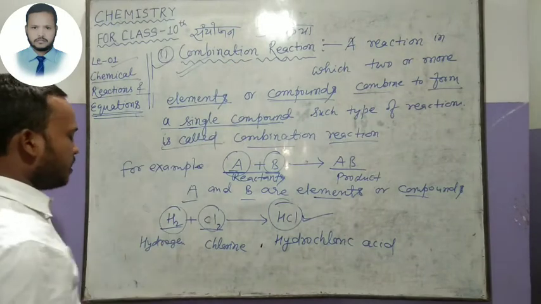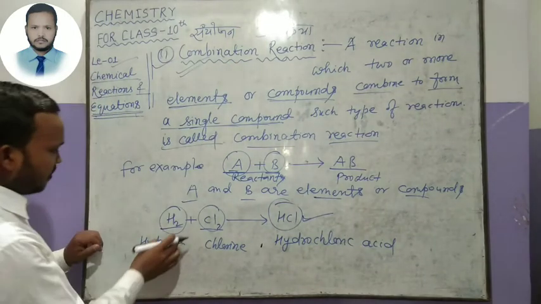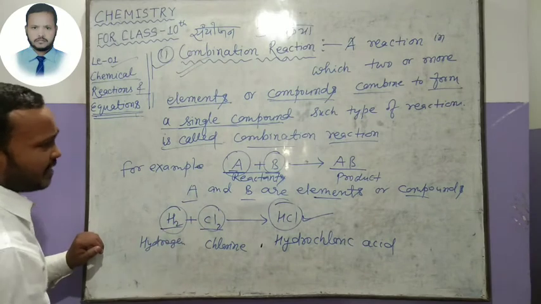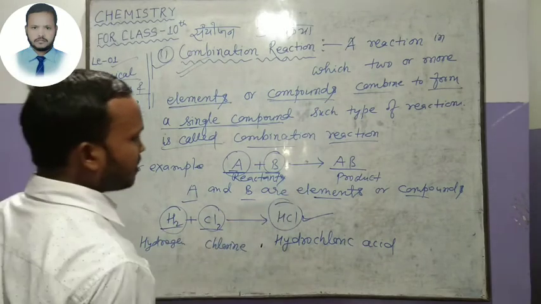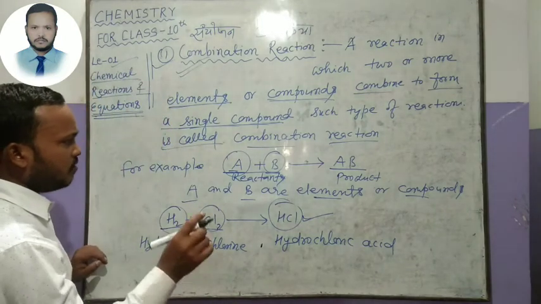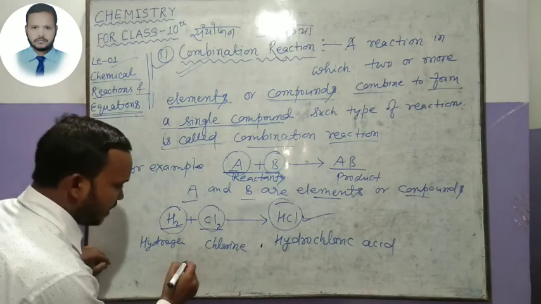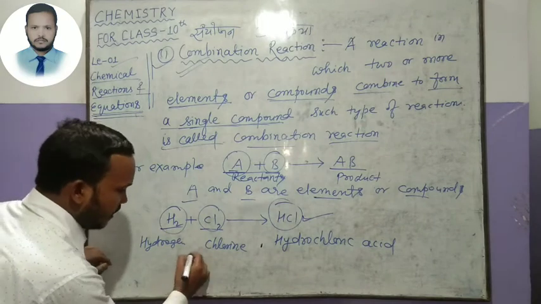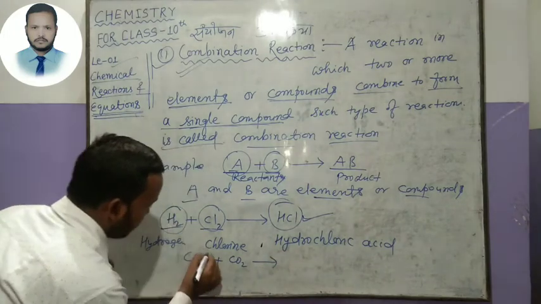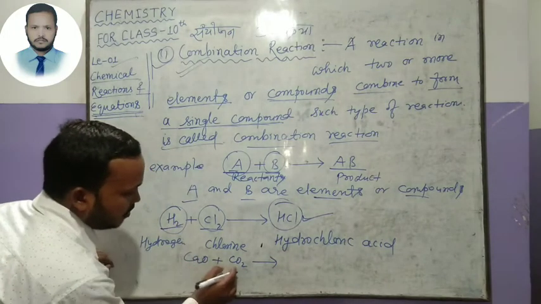Clear? Next example. Here I only wrote elements, but I can take the next example, where the reactants are compounds. Next example I can take calcium oxide and carbon dioxide. This is a compound and this is a compound. Two